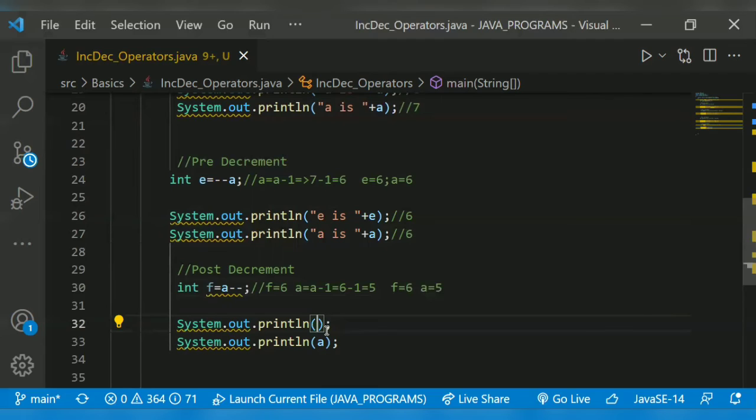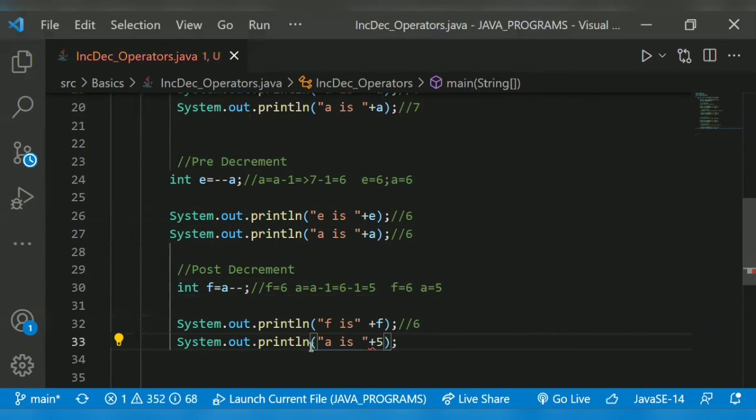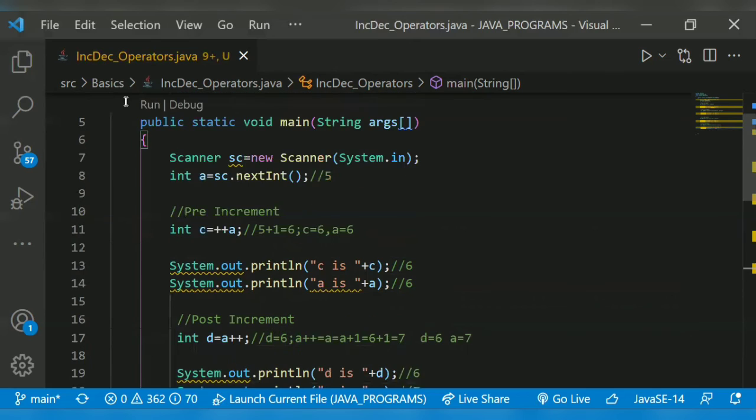So our output will be f is 6, then a is 5. Okay, shall we run the program?